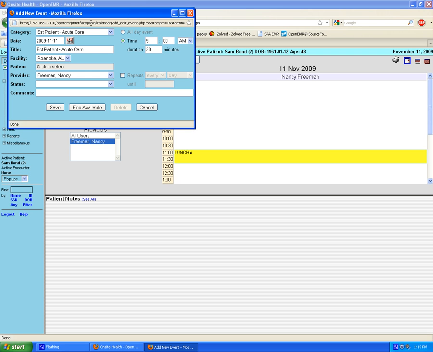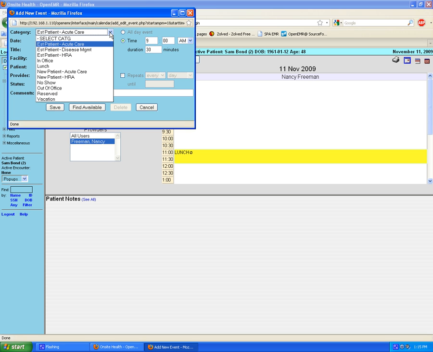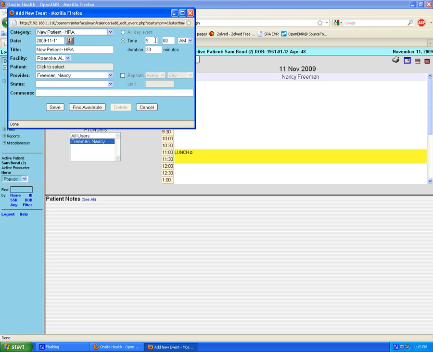It's important that you select an appropriate category. Established patient for acute care, HRA, disease management, new patient. This is a new patient, and we're going to do a complete assessment, so it's HRA. We're going to set them up for a 2 p.m. appointment